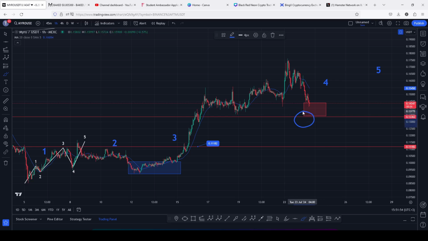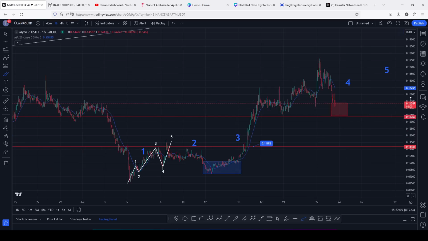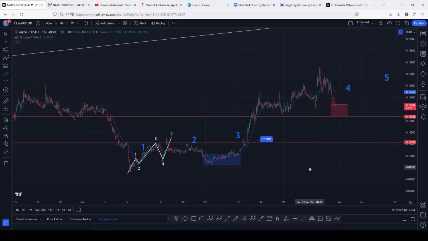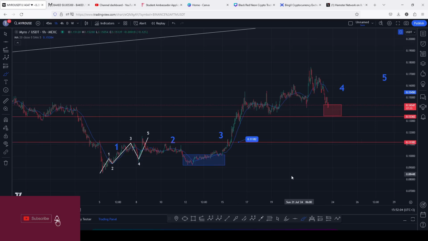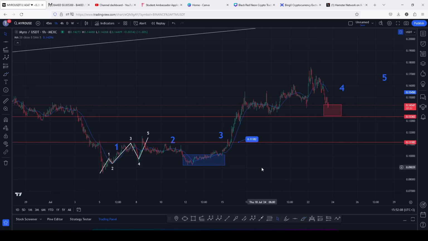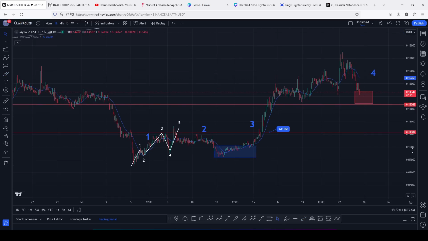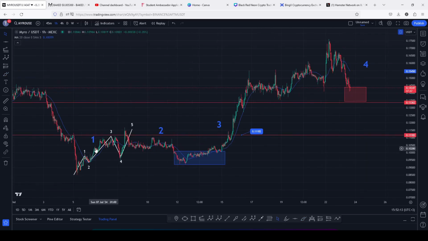0.13362. And on today's video, I will be discussing my breakdown target areas and also share an Elliott structure that is playing out here on the charts. And starting the video by first sharing the Elliott structure that is playing out, which I have been tracking since the 5th of July. After we saw that breakdown move, we saw a very nice bounce to the upside in